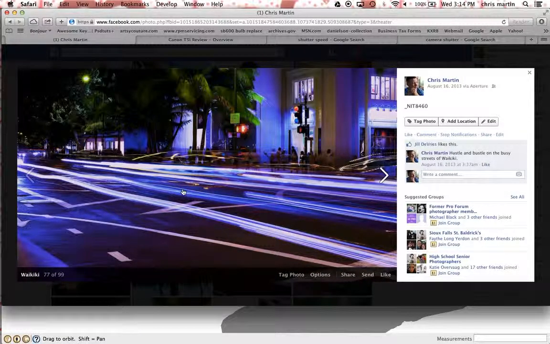I set it on something stationary and fired this, and as the cars drove by, it just looked like a neon electric blue. And notice, you see some people who are standing around, some people have some blur to them,